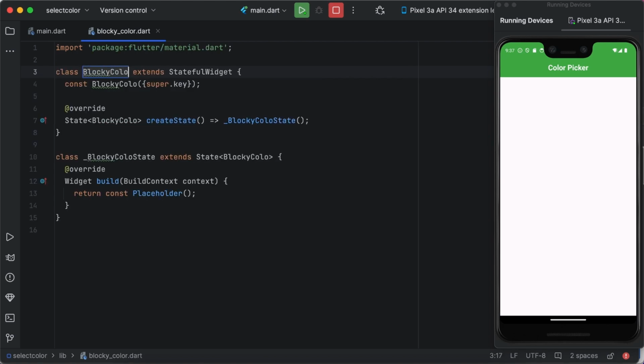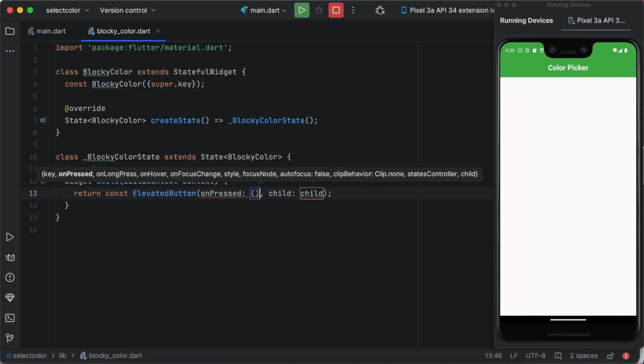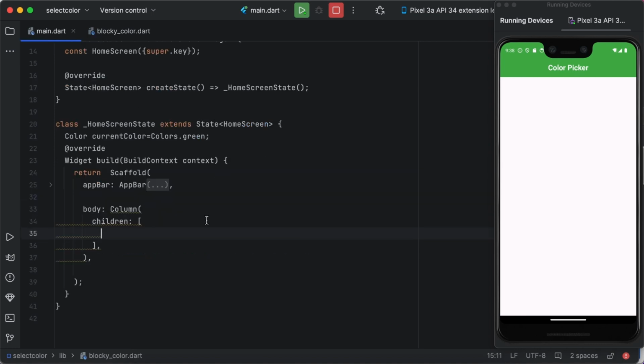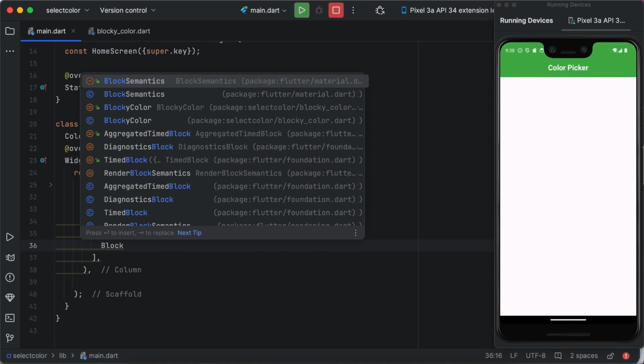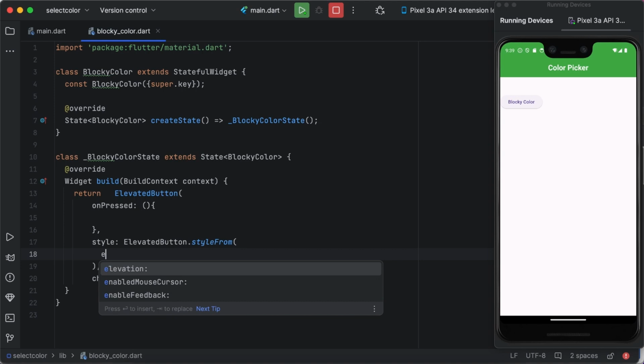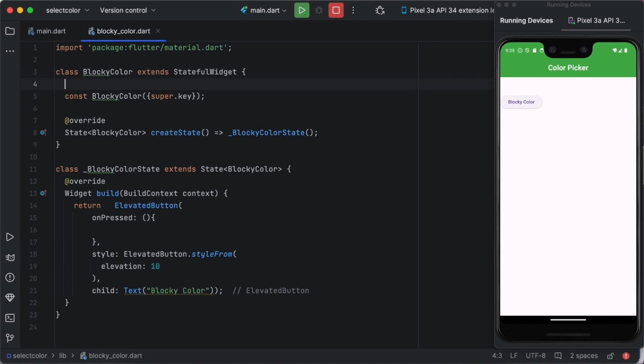So I just created a stateful widget for blocky color, and here I am returning an elevated button. It requires onPressed and child. So we will use the text as a child for the elevated button. Here I am calling that blocky color on style for decorating the elevated button. So ElevatedButton.styleFrom, alright, elevation will be